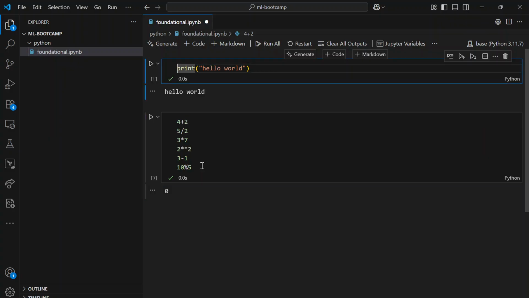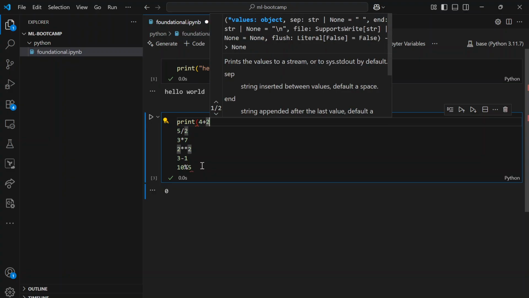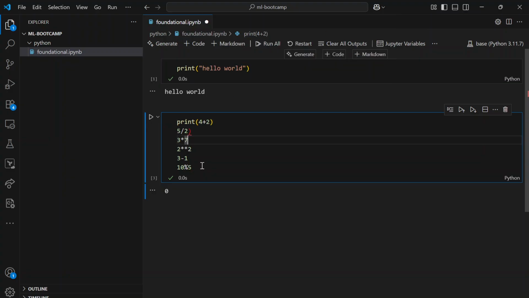So these are not printing. We need to have the print statement for all of them. Okay, so like this we can